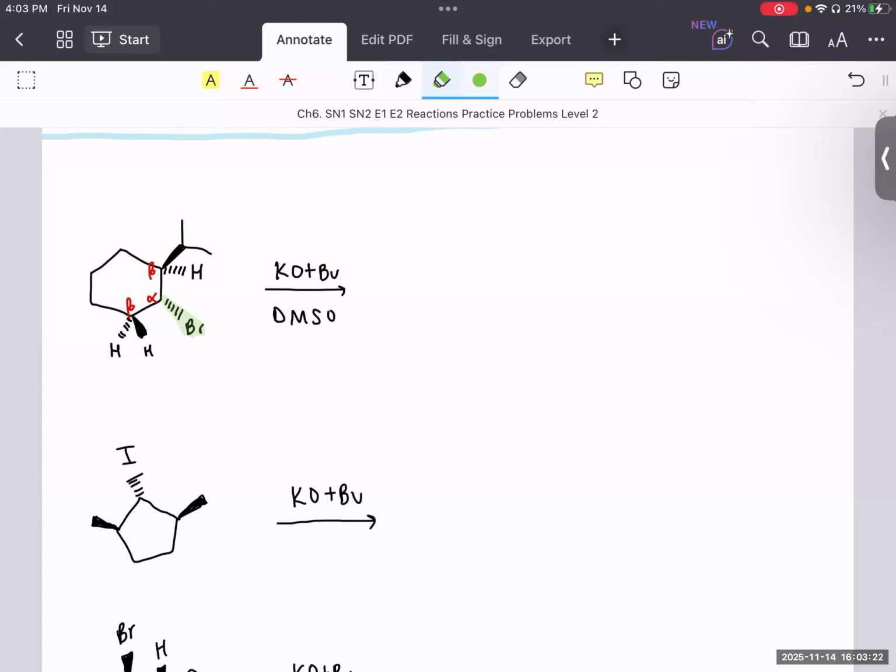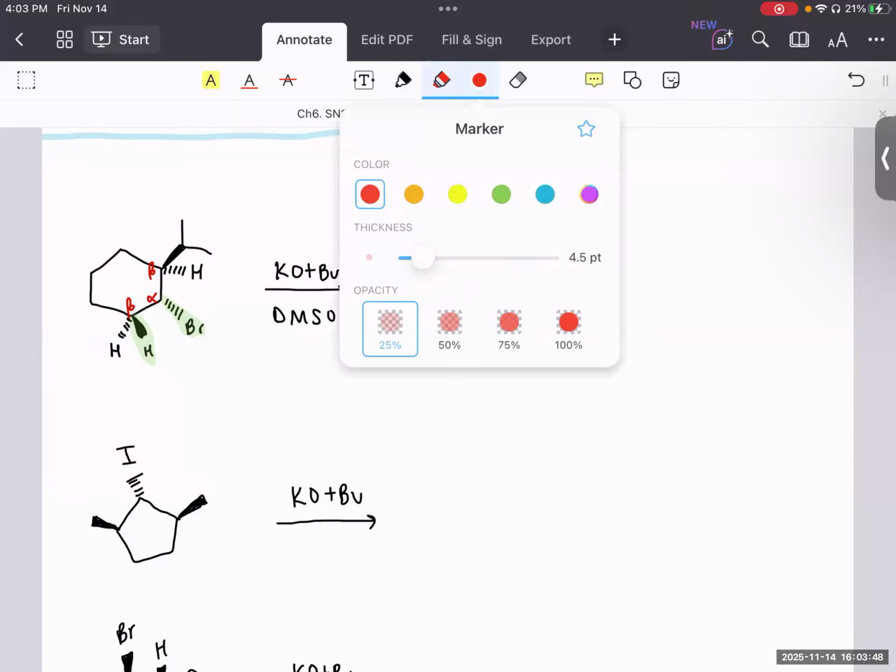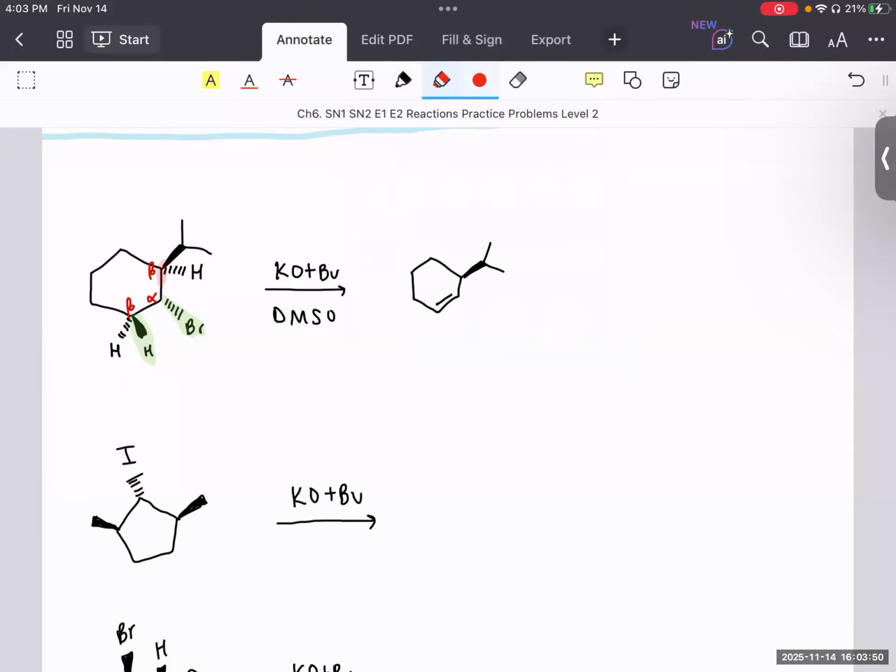And so again, since we have a dashed bromine, we're looking for a wedged hydrogen. And so the only wedged hydrogen that we can see is this one that I highlighted in green. And so our product is going to eliminate in that direction. And that will be our product here. And so even though, let's say that we did want to eliminate to that top carbon, and we formed this product